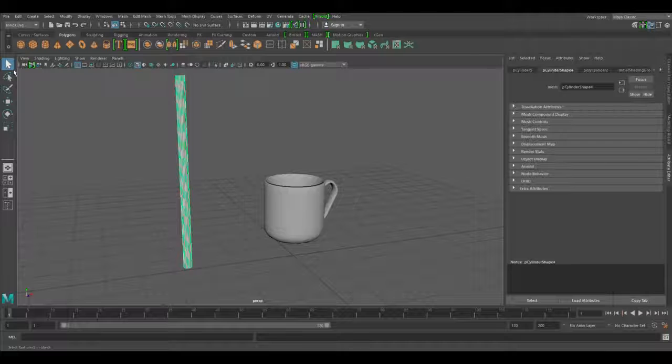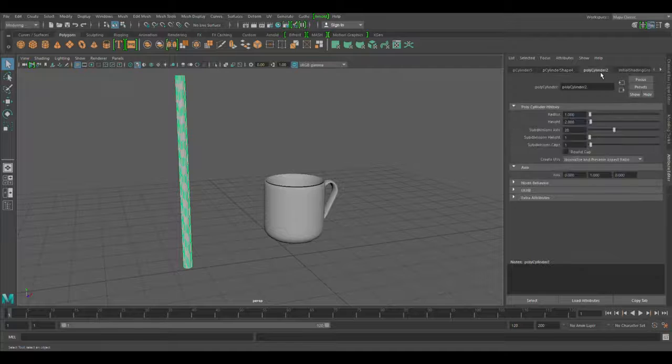Alright, so the next step that we want to do, and this is very important, is go to the side menu here and go under Polycylinder 2. Now this gives us our polycylinder history, which has a number of settings specific to the cylinder. And so what I want to do is increase the subdivisions height. Now, in order to have an effective curve, you want to have at least 15 subdivisions. You can increase it if you'd like,